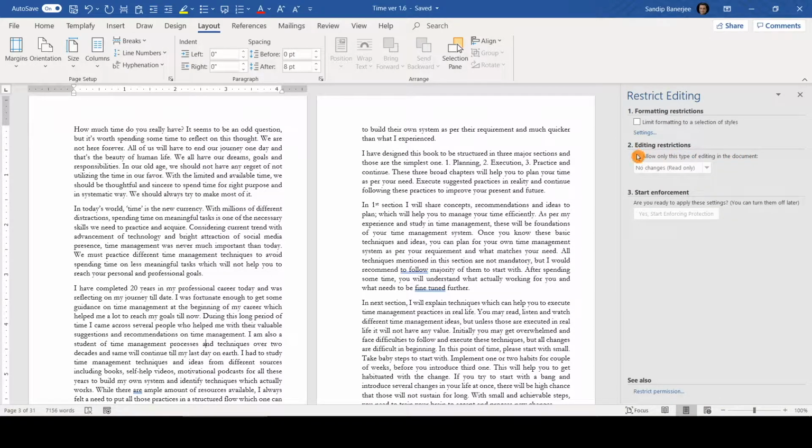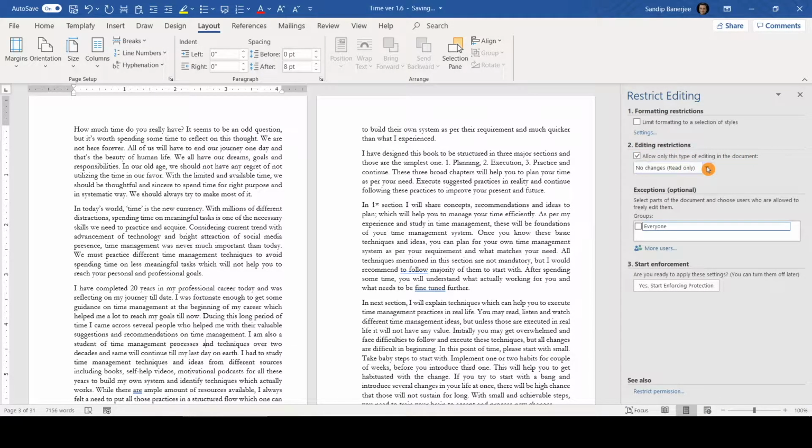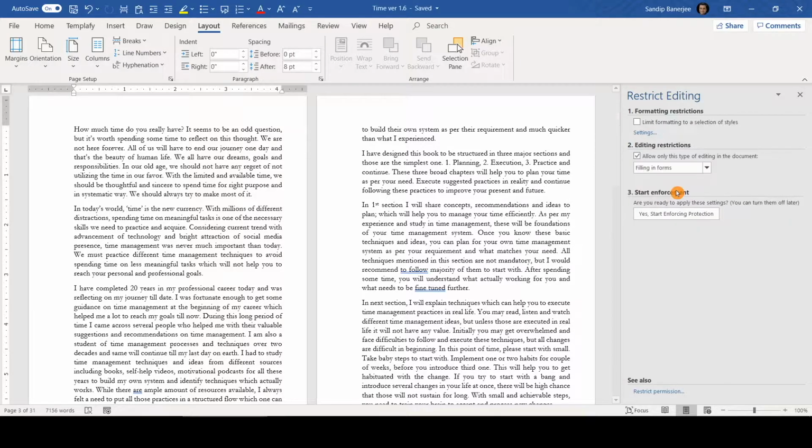So if I click on that, it will give you a drop down where you will be getting multiple options. Like if you select comments, they will be able to only comment on your document and they will not be able to do anything else there. Similarly, if you have created a form and you want the participants only to fill out that form and not to change the structure of the form, the second point you can check. So once this particular option is selected, they will be only able to fill up the form, nothing else they will be able to change.